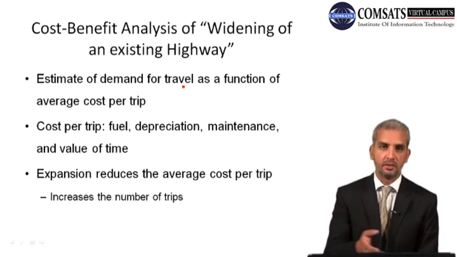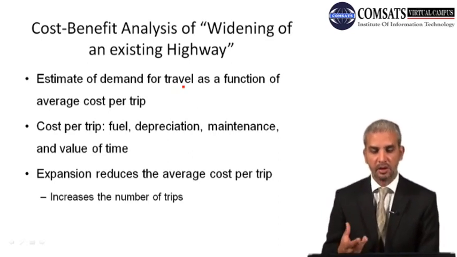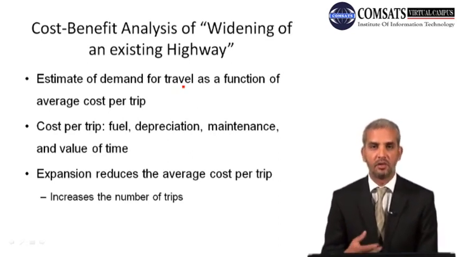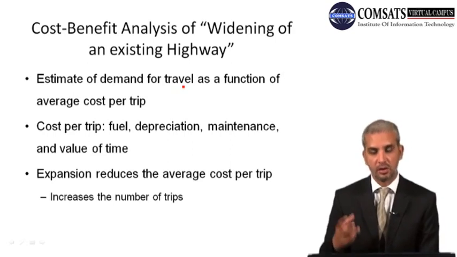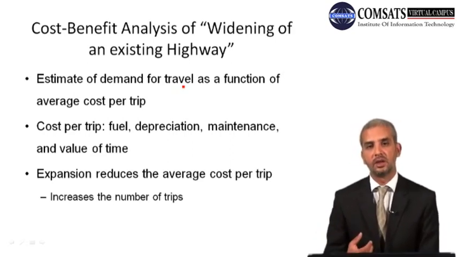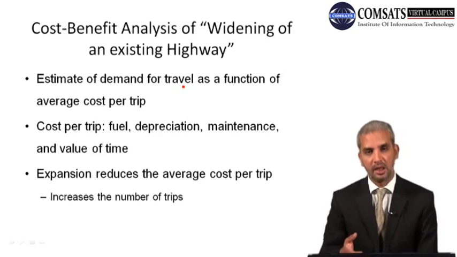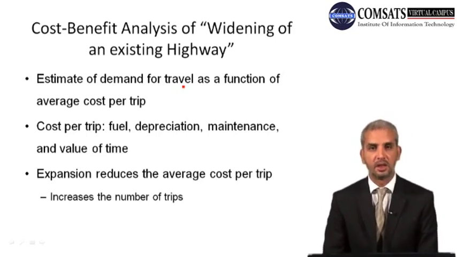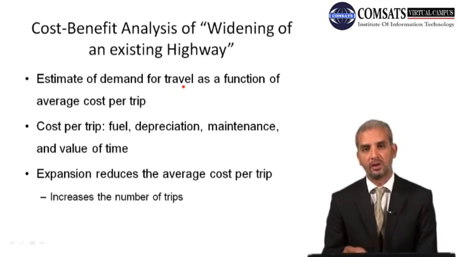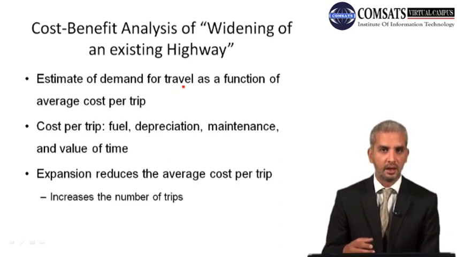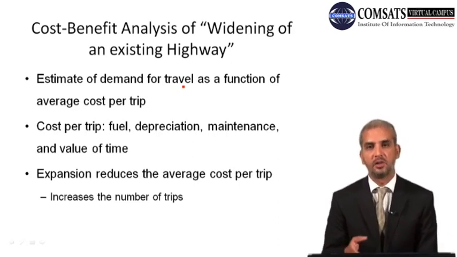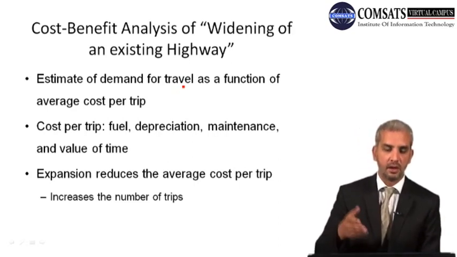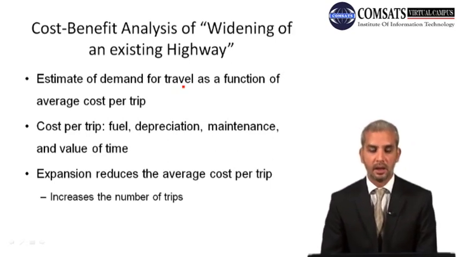So what they would do is, when they evaluate this project, because the resources are scarce, they have to allocate a budget to each project, and they also need to see the opportunity cost of those funds. So they make a list of those and rank them, as we discussed in the ranking process, in which government can rank them through the benefit cost ratio, or they can rank them in terms of net benefit that each project gives. Then they would choose whether to take up that project or not.